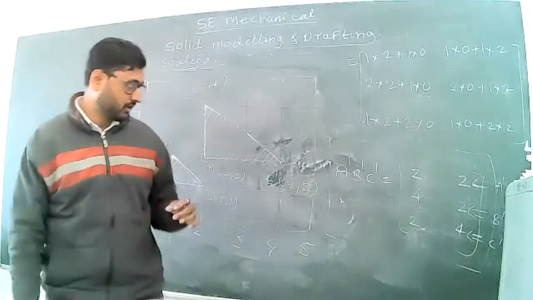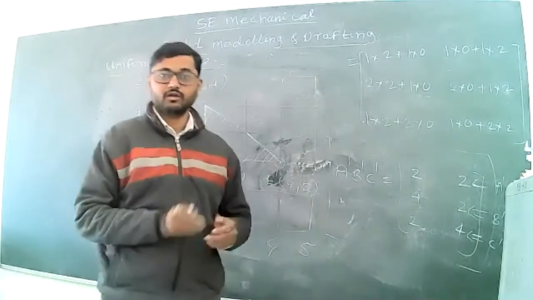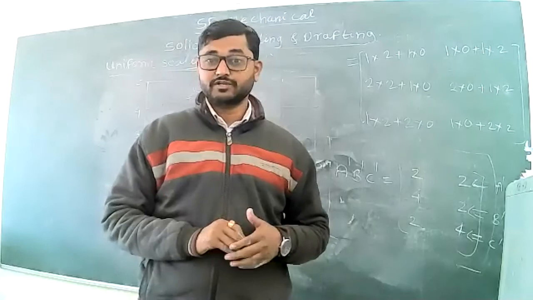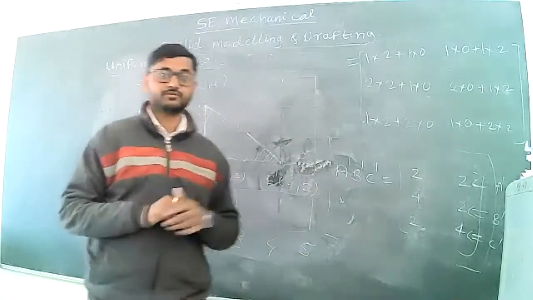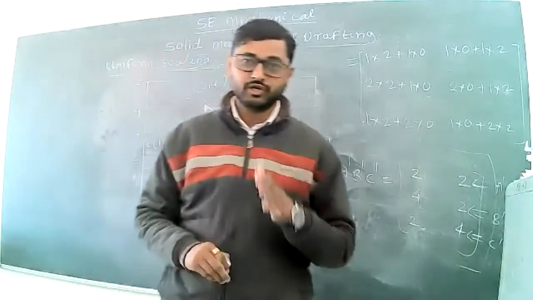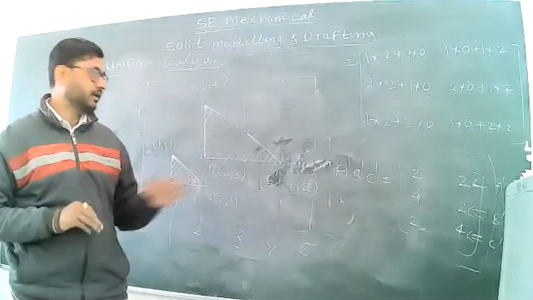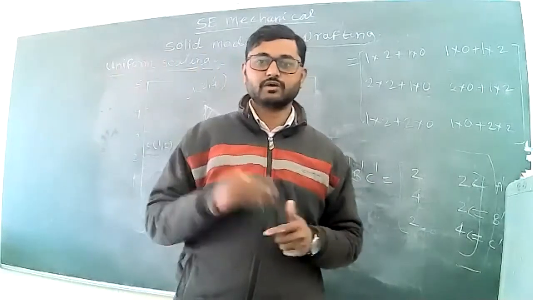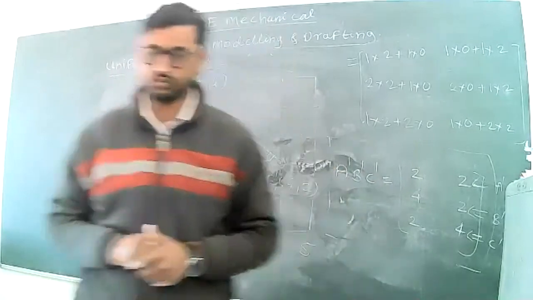So students, today we covered what is scaling and an example of scaling. Scaling is the transformation which alters the size of the object. There are two types of scaling, uniform scaling and non-uniform scaling. So today we covered the details of scaling, then a simple example of scaling. In tomorrow's lecture we will cover the example of non-uniform scaling.